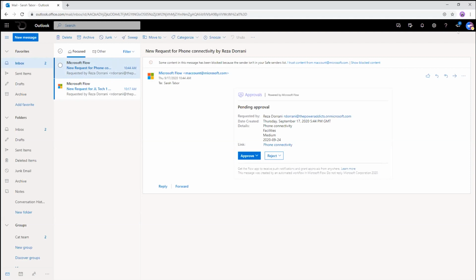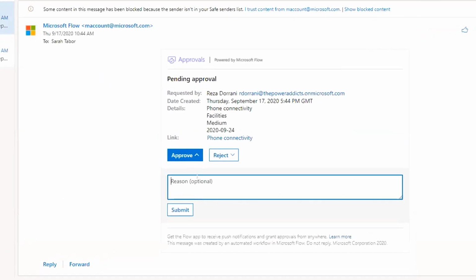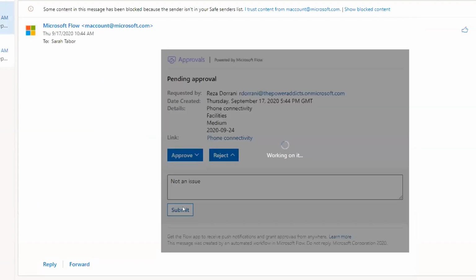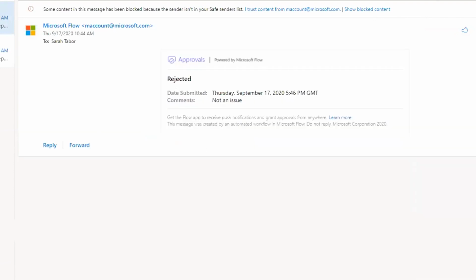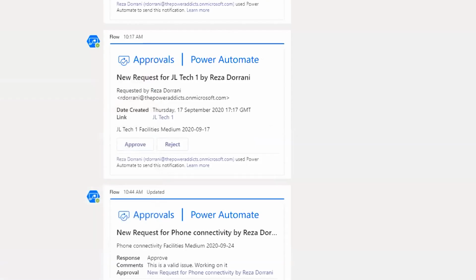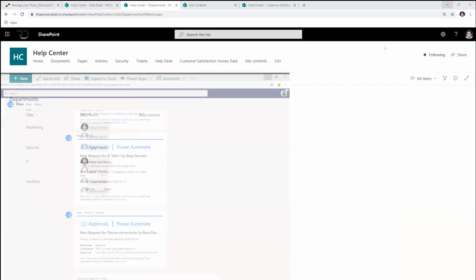So this is my second approver, which is Sarah. And how did Sarah and James come about? Dynamically through my flow by reading the category. And let's say Sarah also comes in and says, yes, this looks fine. Or maybe Sarah says, no, I'm going to reject this, not an issue. And Sarah submits this. Sarah's tough, man. So both Sarah and James have taken their approval decisions.